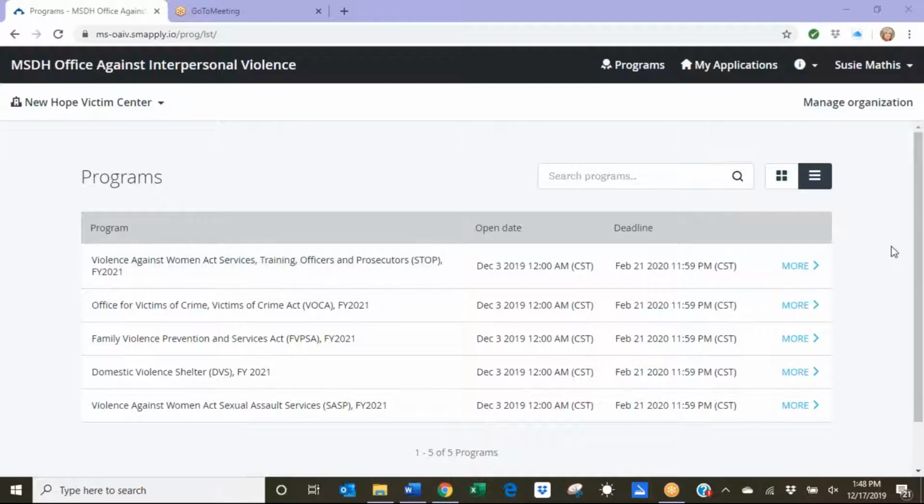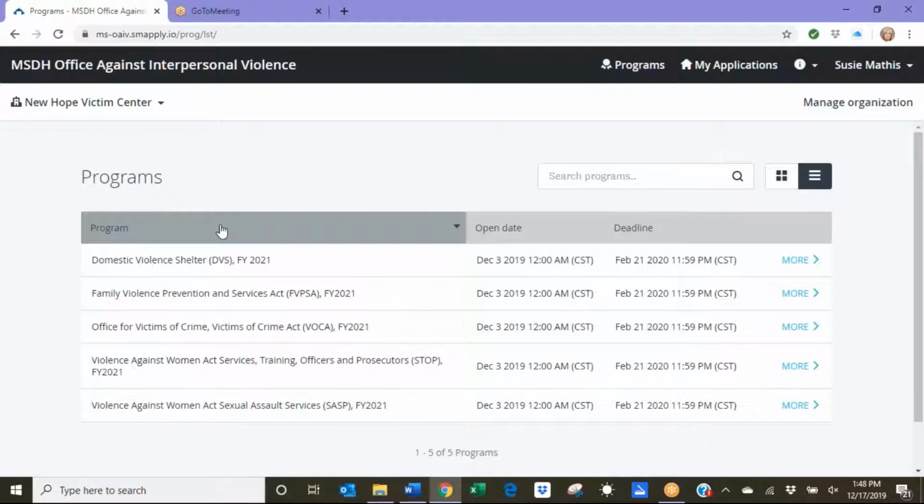Okay. So this is going to be your home screen. This is going to be the name of your agency, your organization. And these are all the grant programs that you can apply for. I know that they're in a wonky kind of layout, but you click on program, and they pull in alphabetical order for you. I know that we have talked to SurveyMonkey, and there's nothing they can do about that. So the first thing you're going to want to do is, you're at programs. This is all the programs. When you get ready to